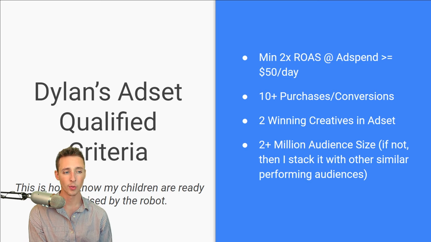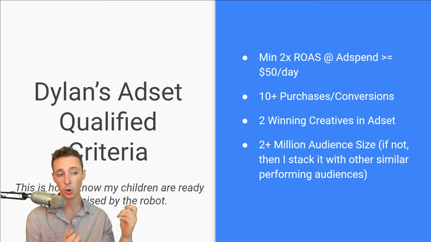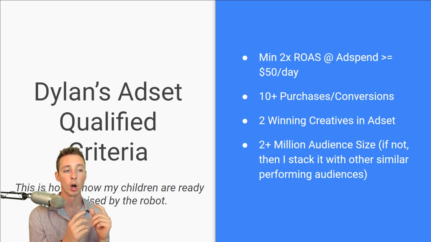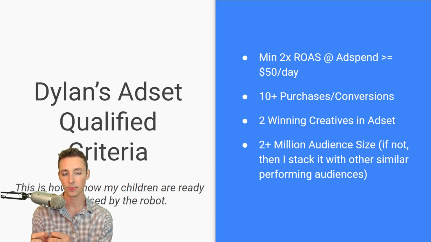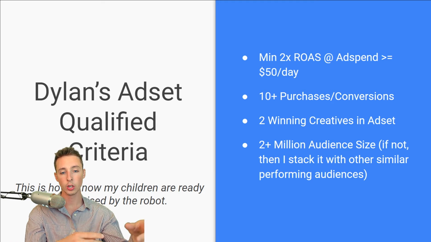When you're using CBO, it's going to be hitting a lot of new people very, very quickly. And the last thing you want to happen is your ad to fatigue very quickly and not have a second backup option. So the only time I consider CBO is if I have a minimum of 2 winning creatives in that ad set. And if maybe you have 2 winning creatives in another ad set, and then this ad set,